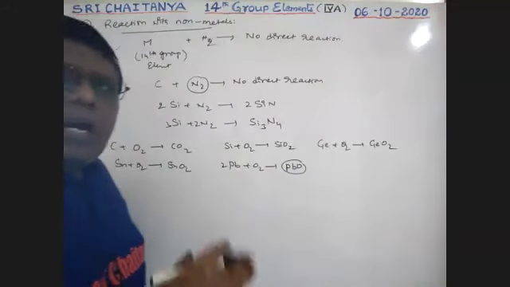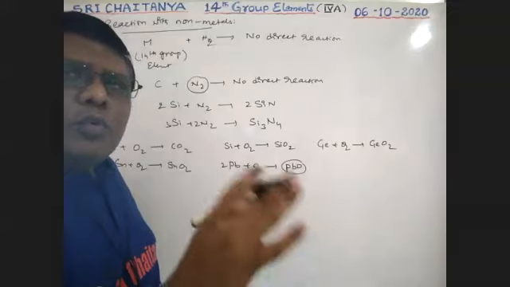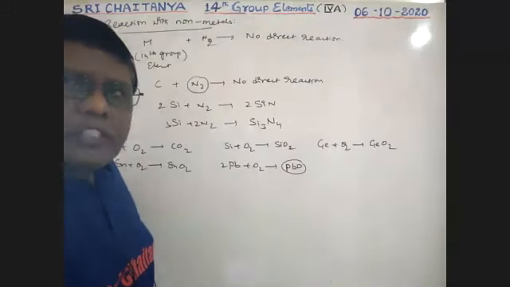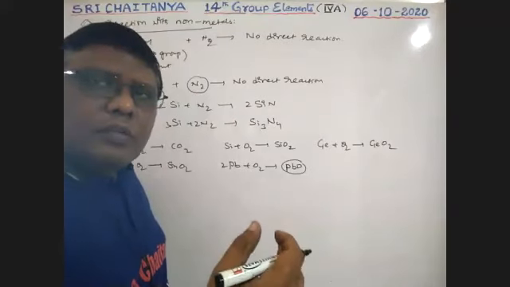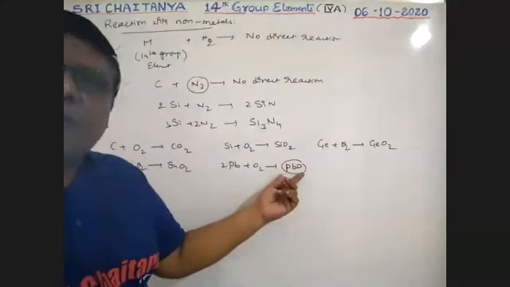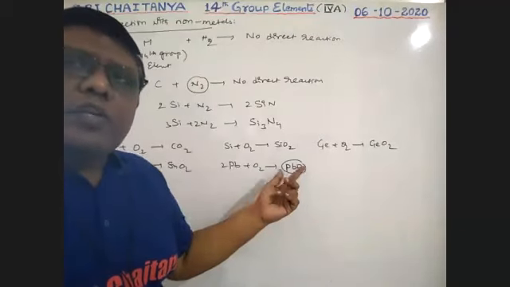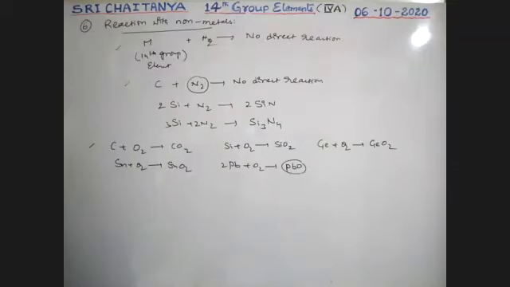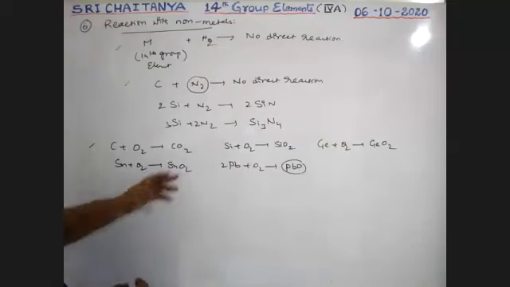So all our elements with oxygen mostly give dioxides, but lead only gives monoxide, because for lead, compared to the plus 4 state, plus 2 is more stable. So lead monoxide is very, very stable. That is the most stable compound as the product. So this is with oxygen.